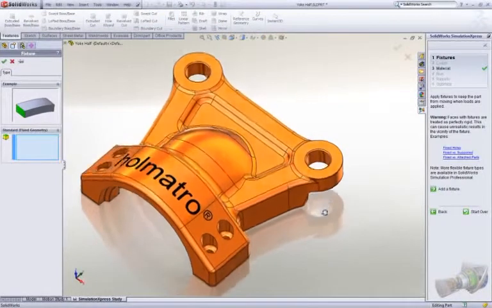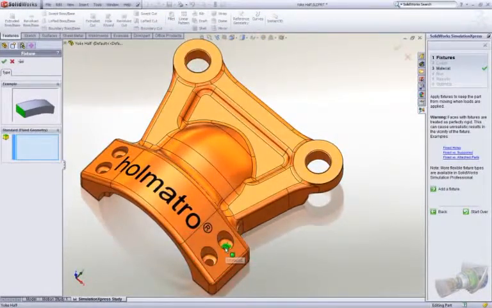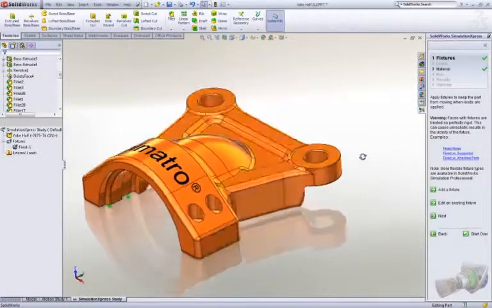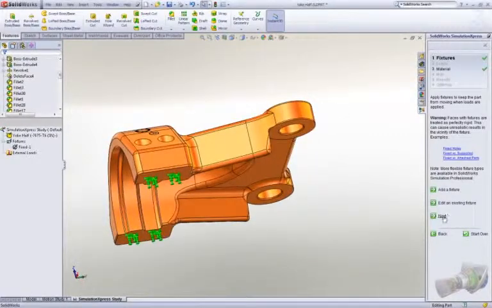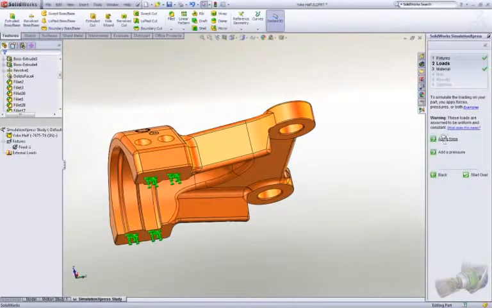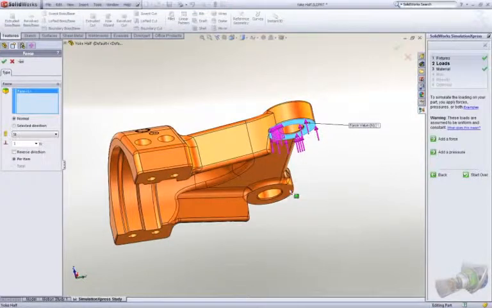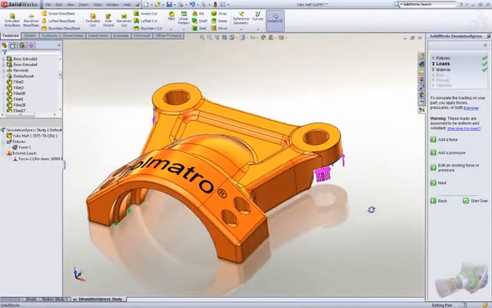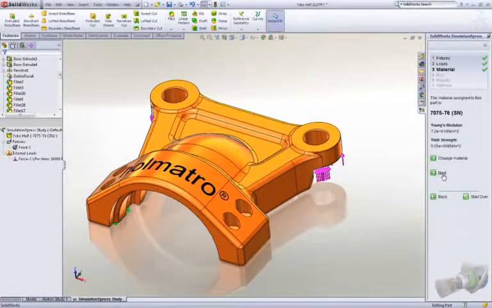You set up the model just like you would when doing an experiment in the lab. We start by using fixtures to hold a part in place. We make selections just by picking on geometry. It couldn't be simpler. We then apply loads to test if our part is going to fail or deflect too much. Visual feedback on the screen makes it very easy to understand how we've set up our test. The checklist on the right-hand side makes sure that you have everything ready to test out your design's performance.